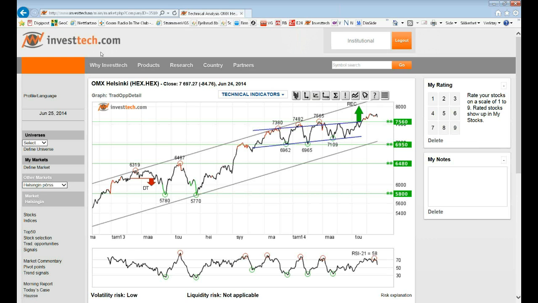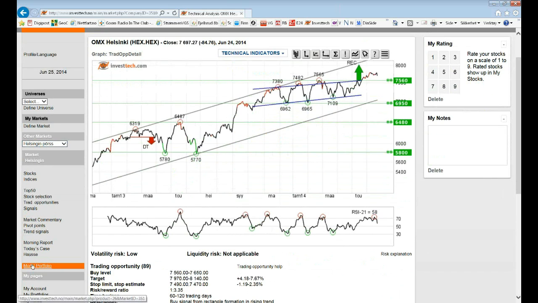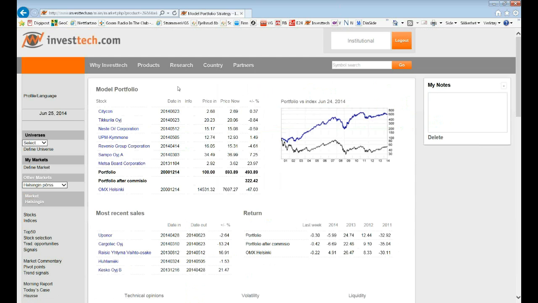We will now go to the model portfolio, which is a theoretical portfolio. If you scroll down, we will see the model portfolio. This week we made 2 changes in the model portfolio. We added Citycon and Tikkurila Oy. We will look further at Citycon,